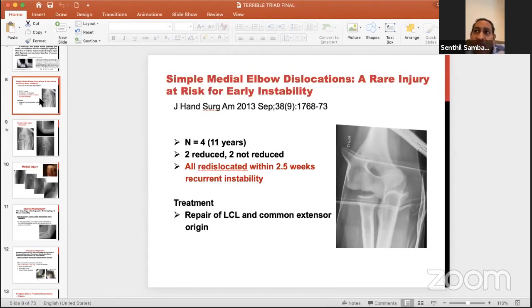Is there a role for stress X-rays? There is a role, but by the time you go, the patient is in pain, and sometimes they may not comply. I would get a CT to get a bit more information, like I showed, and I would take them personally to EUA. If I have a clear delta sign, I may do an EUA under sedation to start with. If, like in this case, the elbow completely came out.